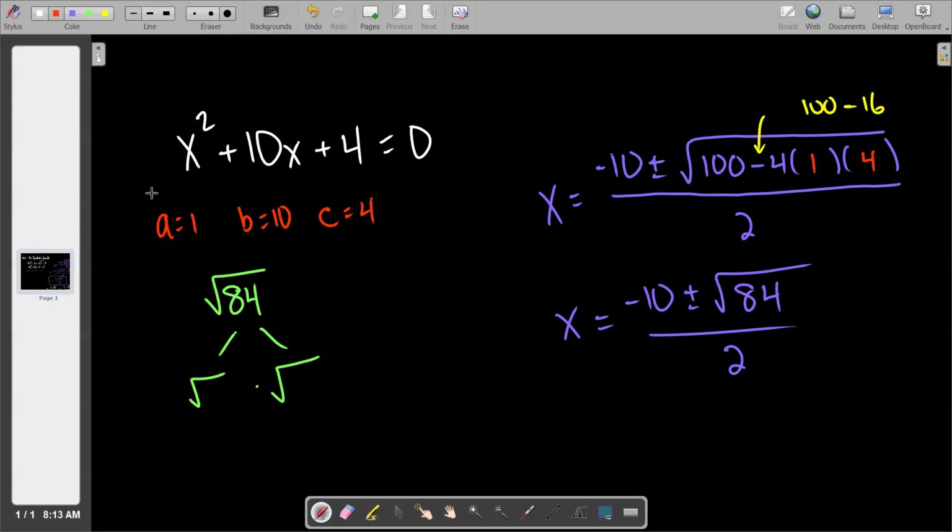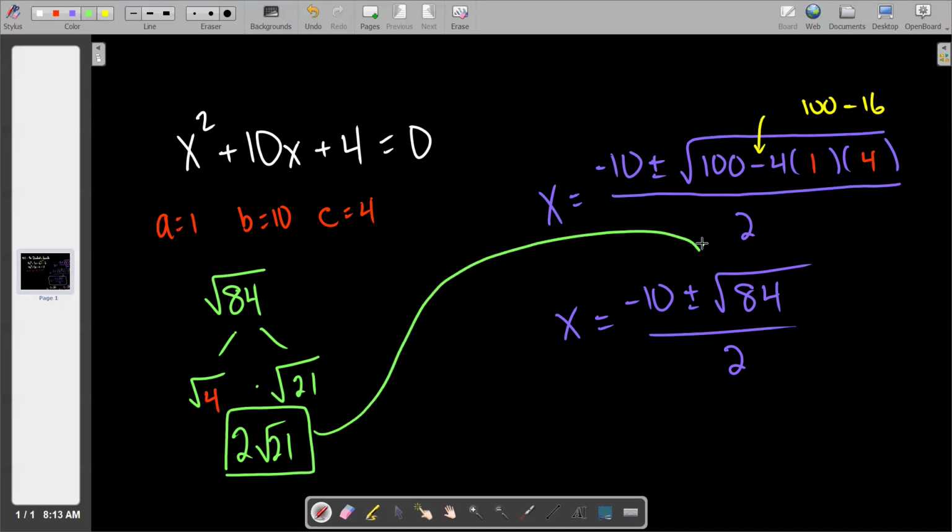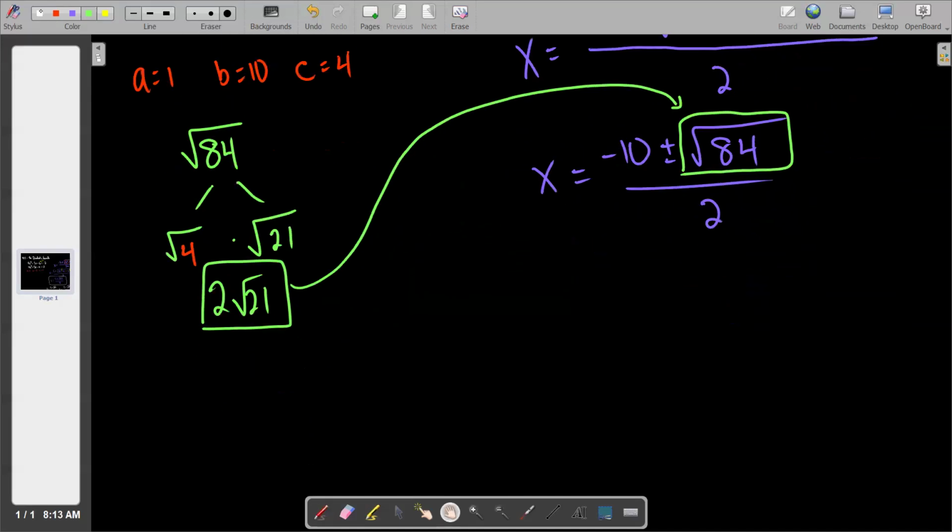There it is, Steve. 4 times 21. So the square root of 4 is 2. And so we're going to write this now finally as 2 roots of 21. And again, this green box is going to go right back in and replace this green box. That's the gist here. So the almost done answer is x equals -10 plus or minus 2 roots of 21